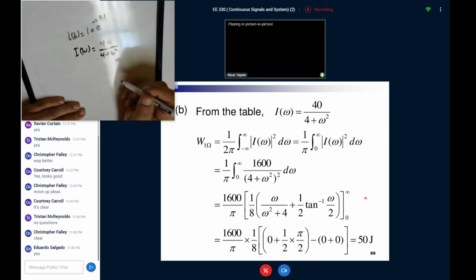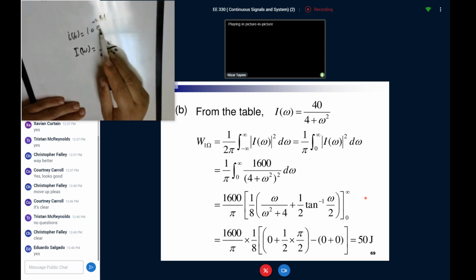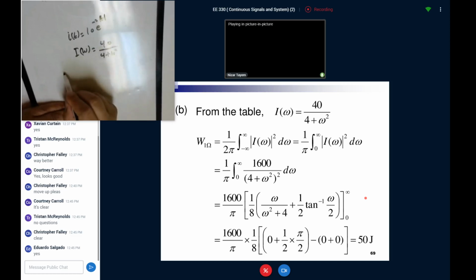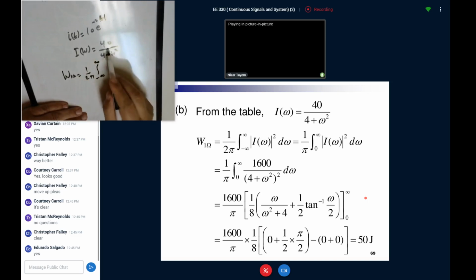Okay, so this is my I omega in this case. Since I know I omega now, which is the Fourier transform for I of t, I can apply the Parseval theorem to find the energy. So W of 1 ohm is equal to what? 1 over 2 pi integral from minus infinity to infinity, I omega